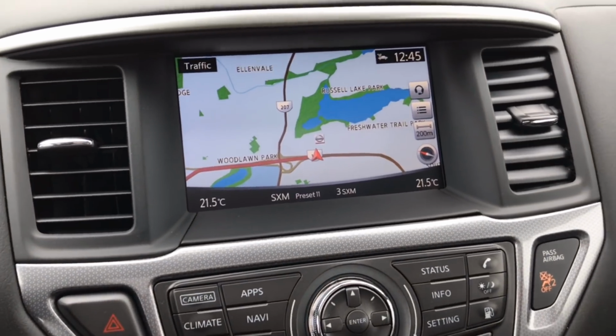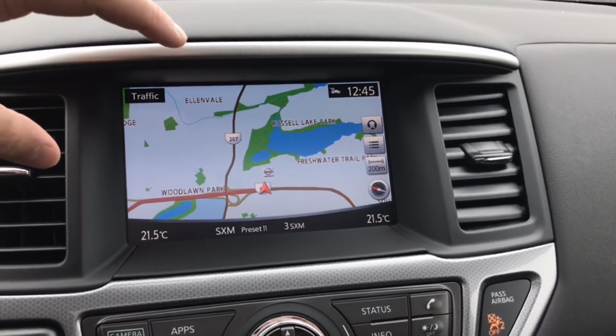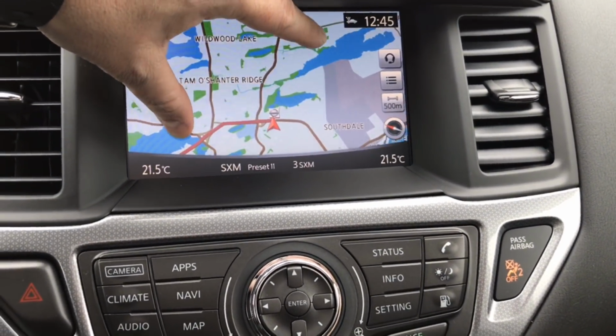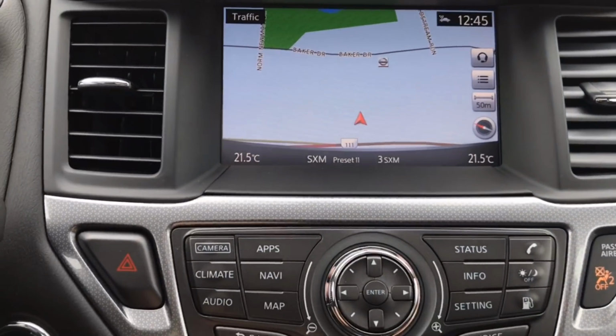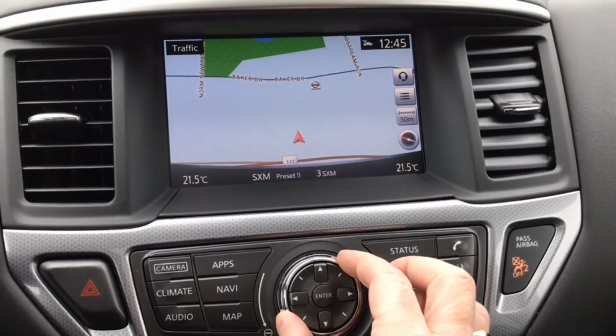As we go back into park now. So we've got our touch screen here. It is a nice size touch screen. I can go through and I can resize simply by squeezing or opening it up. Also, I do have a magnifying glass here. So I can turn this dial